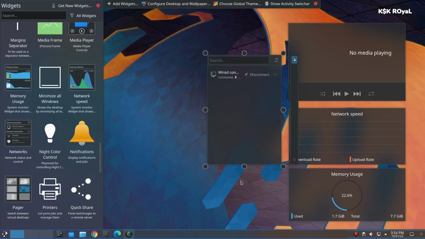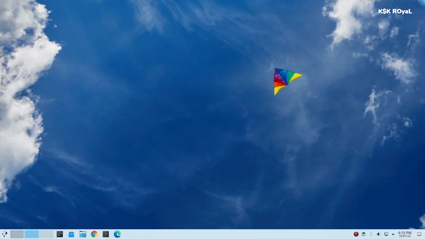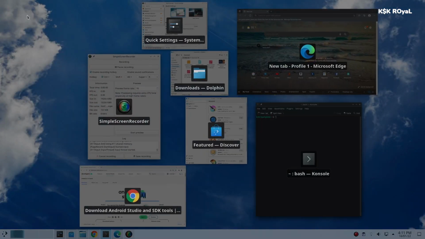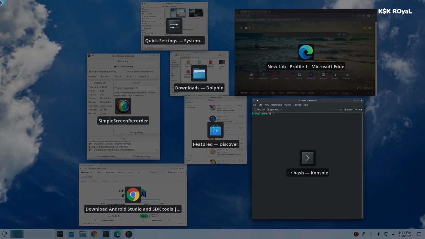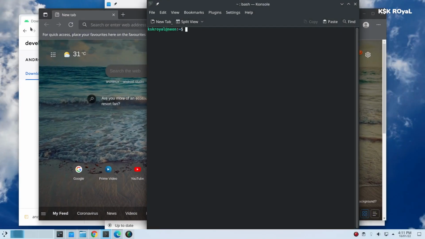Now, one of the things which I love the most about Plasma Desktop is the hot corners. All you need is the mouse to perform some powerful actions to make your workflow super fast. For example, hovering on the top right takes you to the workspaces overview. Pointing the mouse cursor to the top left shows the list of running applications on the current workspace. You can customize these hot corners very easily.